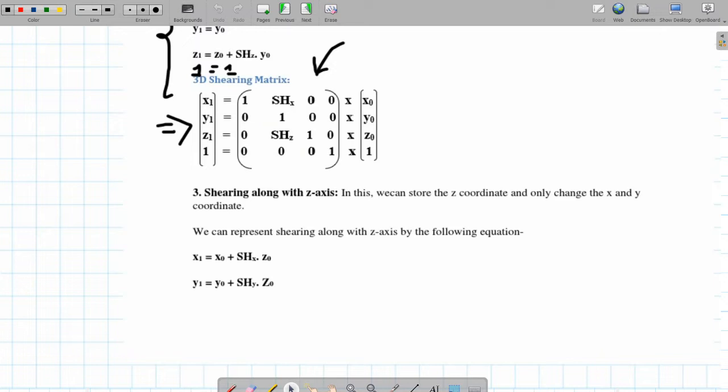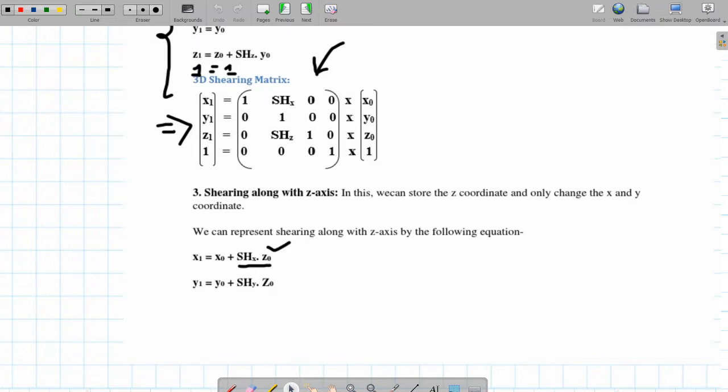Changes will take place along x and y axis by a factor of original z coordinate value. Have a deeper look into the equation set. x1 equals x0 plus, and this is the portion of the change which will take place in the x coordinate value by a factor of z coordinate value,